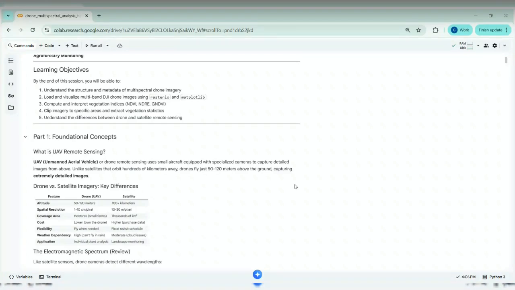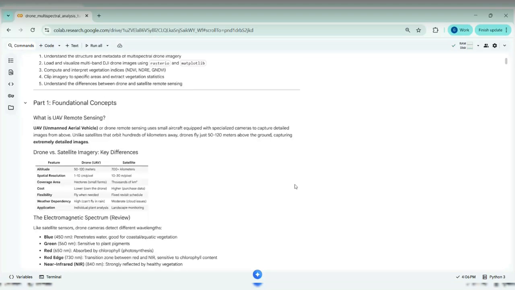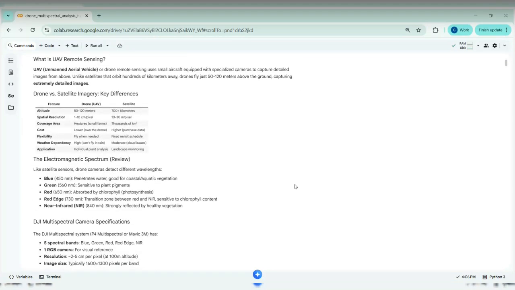So here we are going to load and visualize multi-band DJI drone images using raster and matplotlib. These particular drones are very good for precision agriculture. That was why I added a brand name. You can use any drone, but most of the drones that I know are used for precision agriculture are usually DJI because they are very good. And so we're going to compute and interpret vegetation indices. All these details, we're going to go into them, right? So this is just to give us a very good